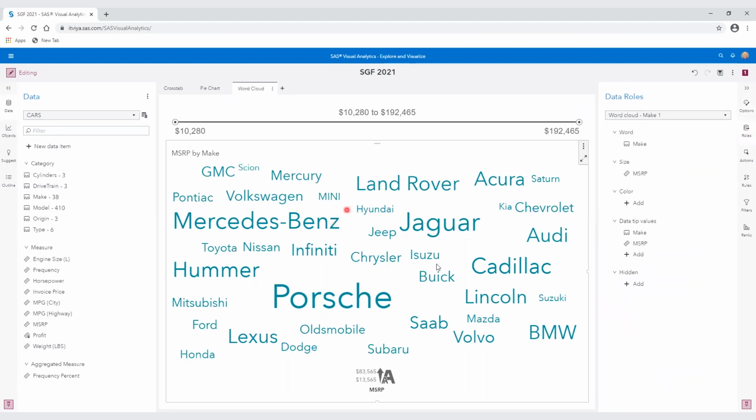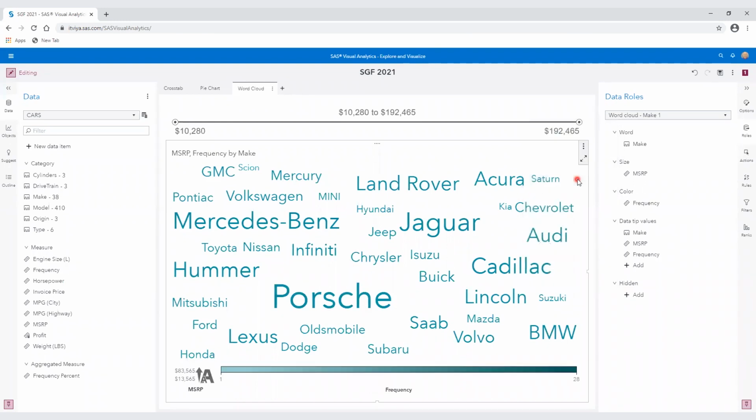So we see the size of the words represents MSRP. You can see the legend at the bottom from 13,000 some to 83,000 some. I could have a color role here if I wanted, and I can base the color on something else like frequency.